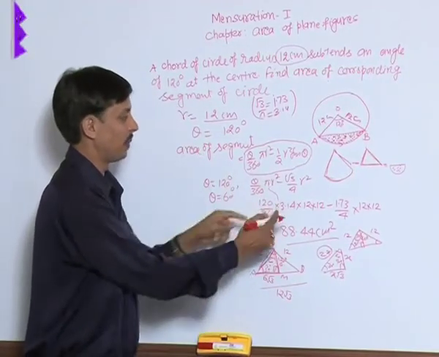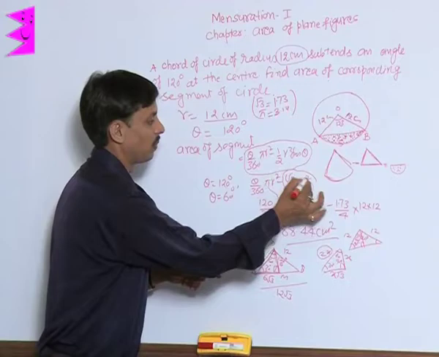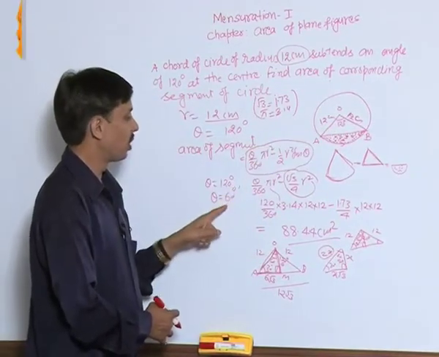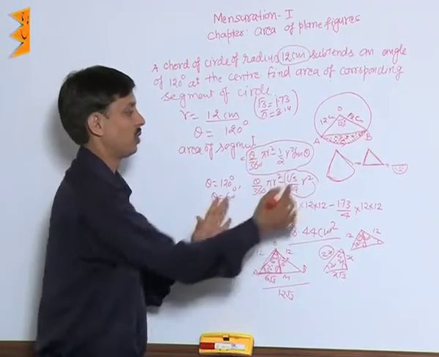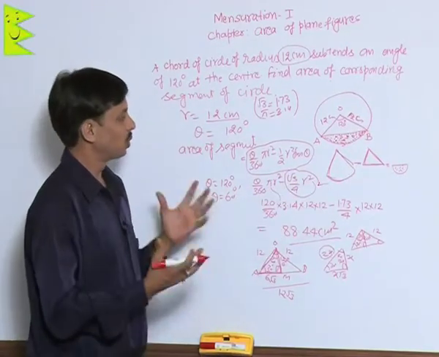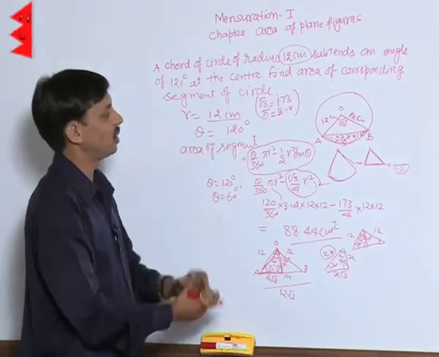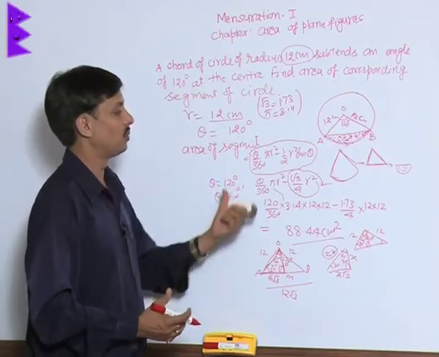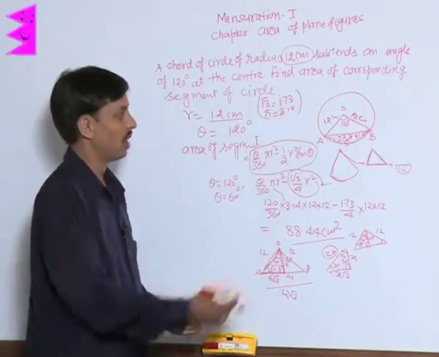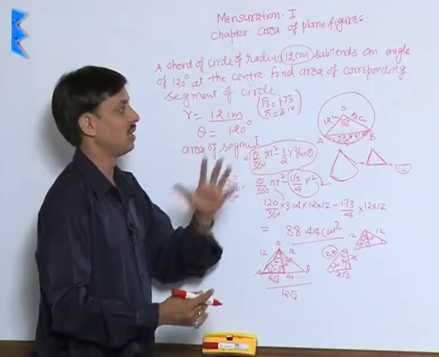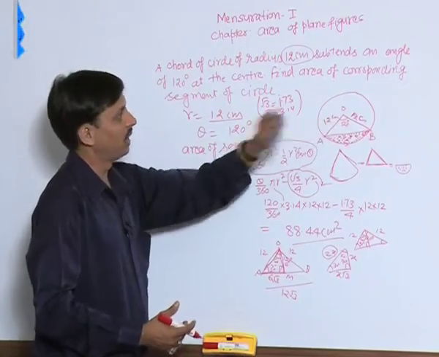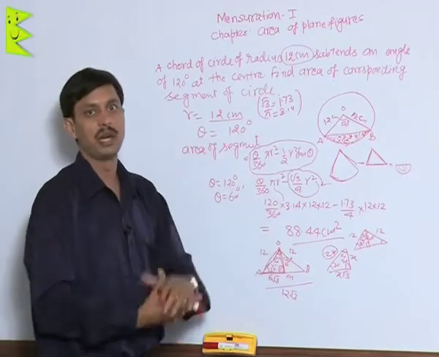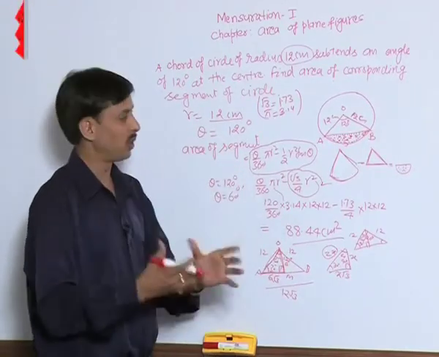The same idea can be applied to understand why the area of the triangle, when the central angle in a circle is 120 degree or 60 degree, comes to be root 3 by 4 r square, the same in both cases. So this is the method for calculating the area of segment. Suppose you want to extend the question and obtain the area of the major segment. This is the area of the minor segment, because this angle is 120 degree, less than 180 degree, and whenever the central angle is less than 180, the corresponding sector is minor, the corresponding arc is minor, and the corresponding segment is minor.